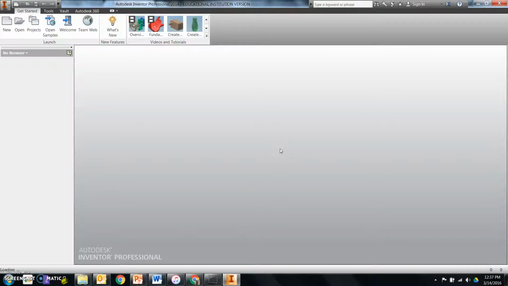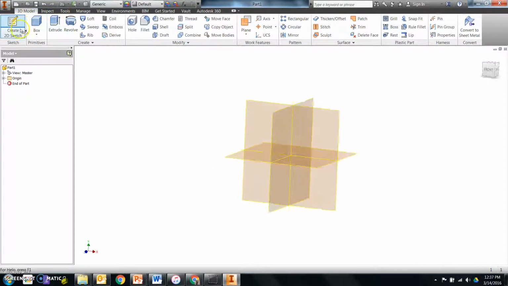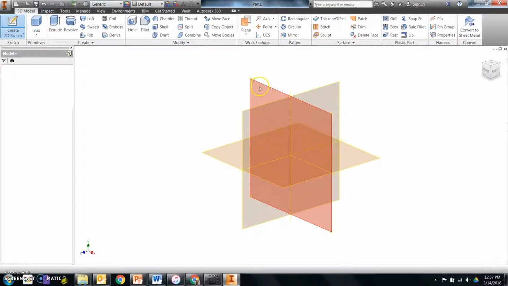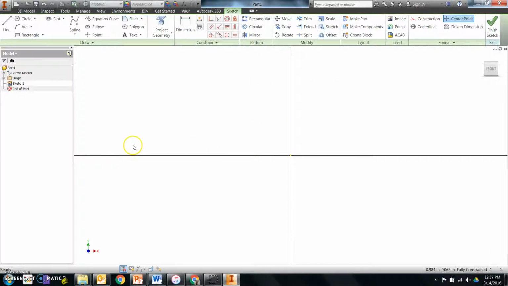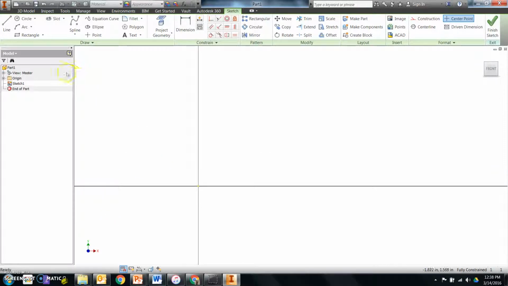Alright, so just like with the last puzzle cube part, I'm going to create a new part file. This part file will be used to generate another puzzle cube part, but done without the grid system. So I've created a sketch that's on the same plane, and I'm going to start with, let's go with a